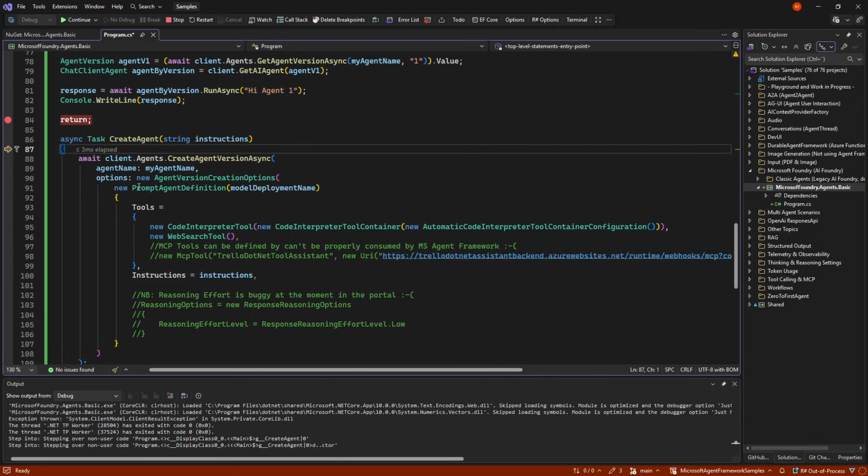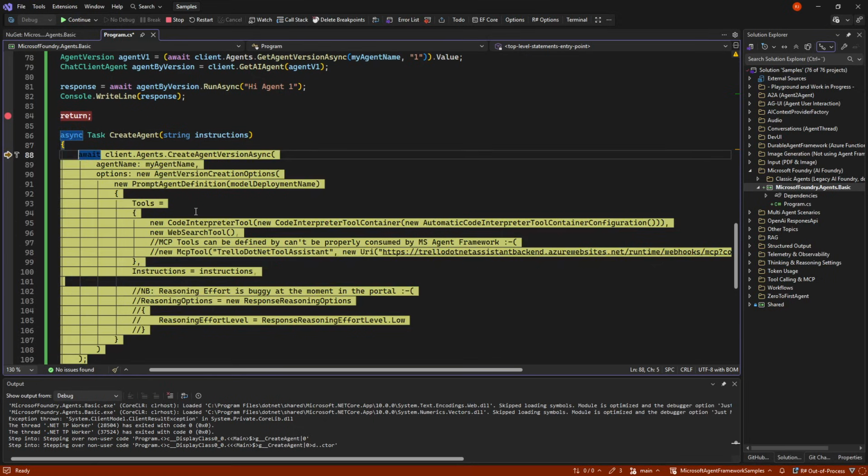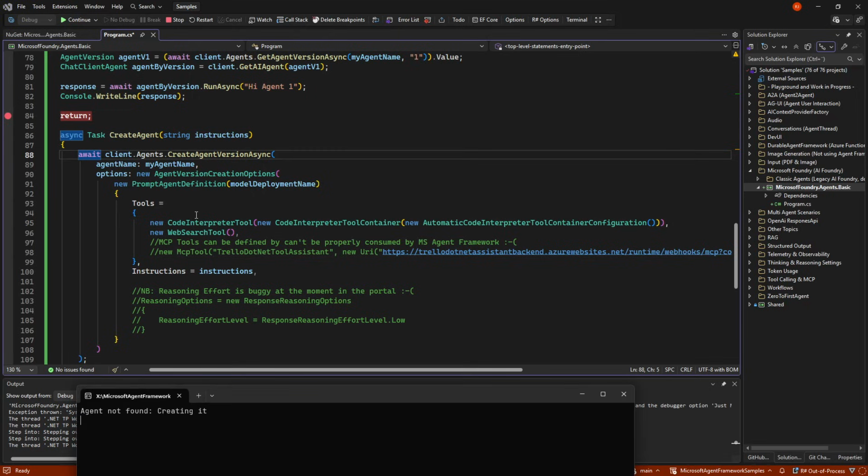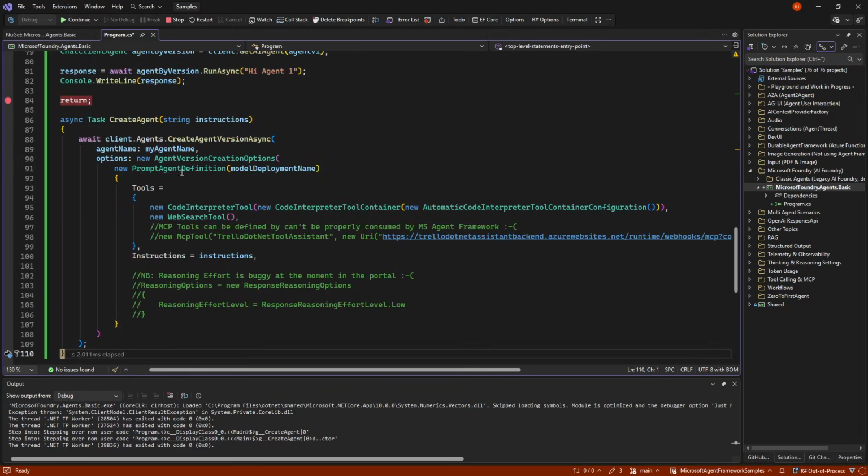And there are various different agent versions, some being hosted, some being file-based, image-based, and so on. But we want a prompt agent definition, meaning a normal agent. I have not seen what the others can be used for at the moment, so it might be for some future projects or something I haven't noticed in the system. But if we make this, let me just make it so we can see the code.